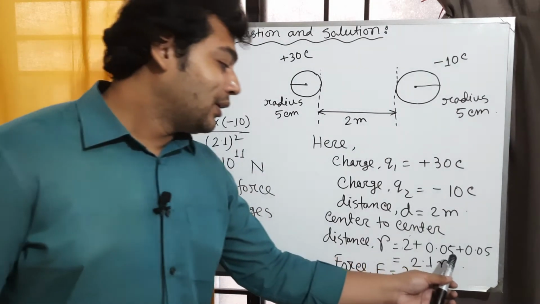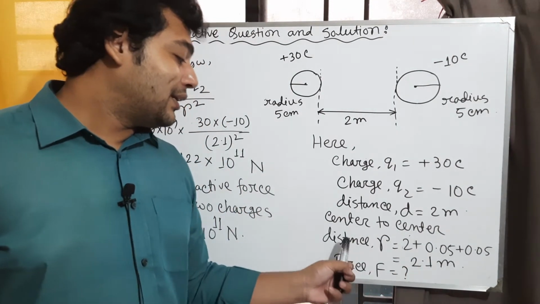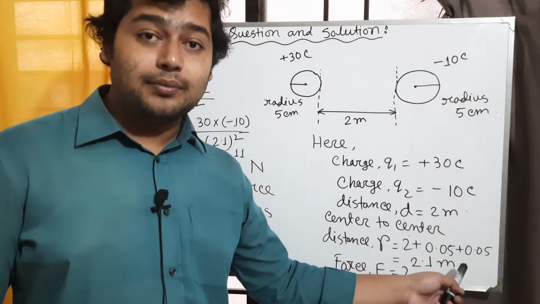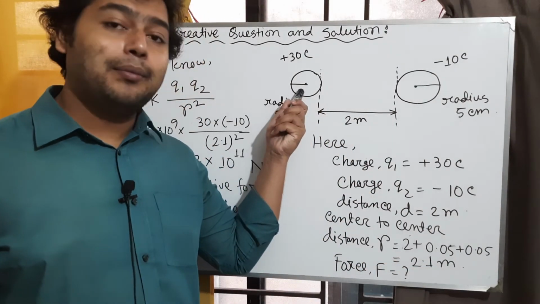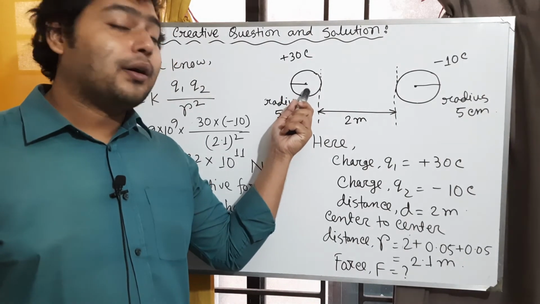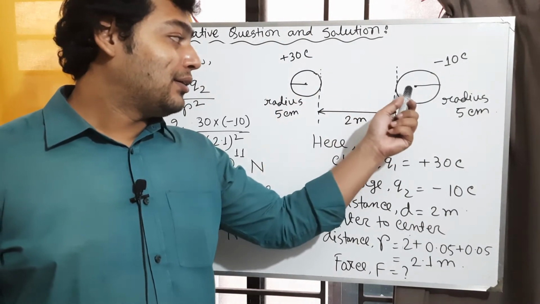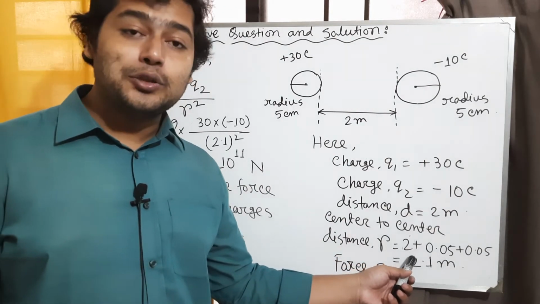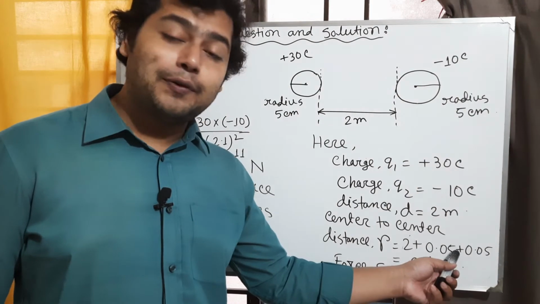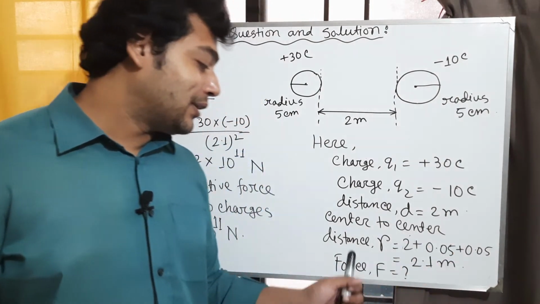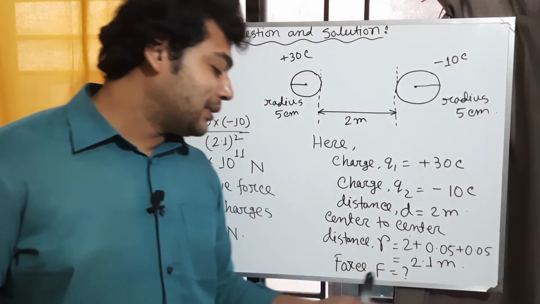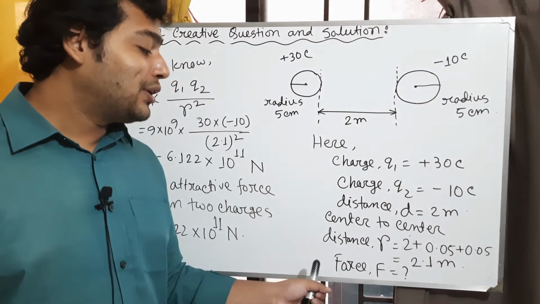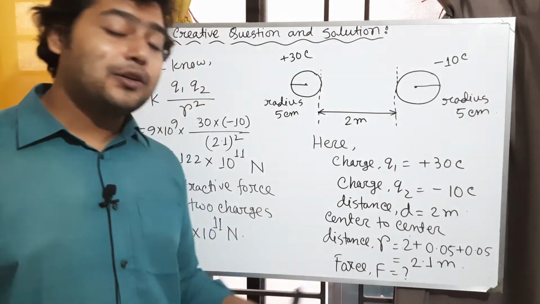Okay. So, here center to center distance will be 2 plus the radii. We should add the radius of these two surfaces. Okay. So, total distance r equal to 2 plus 0.05 meter plus 0.05 meter. So, we get 2.1 meter, and here we need to determine the force between these two charges, F equal to